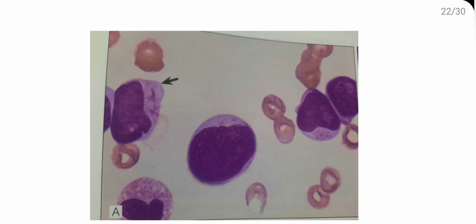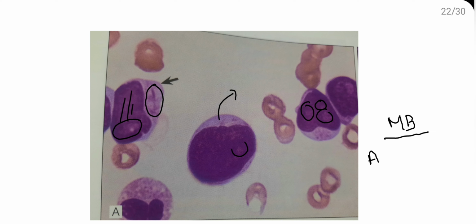Now this is easy to identify. The chromatin is fine. You can see prominent nucleoli. How many nucleoli are you able to see? Around 2 to 3, or 2 to 5 in some cases. And what you are seeing here are Auer rods, and the cytoplasm is quite abundant. When compared to lymphoblast, this appears quite large. So this is myeloblast. When you see myeloblast, it is acute leukemia, but you are seeing a myeloid series of cells, hence it is AML.